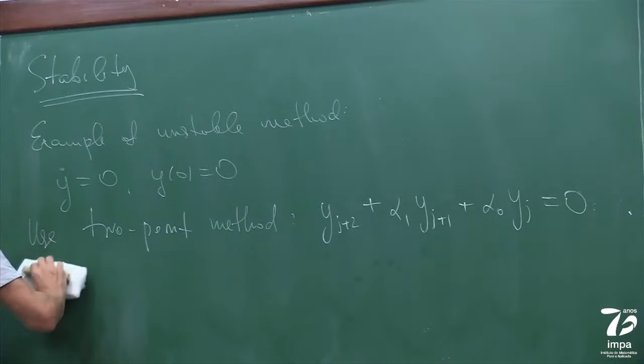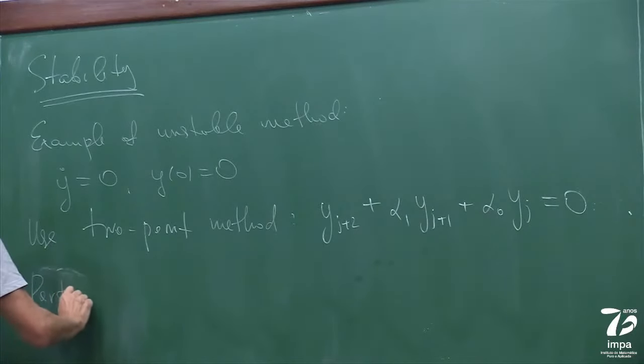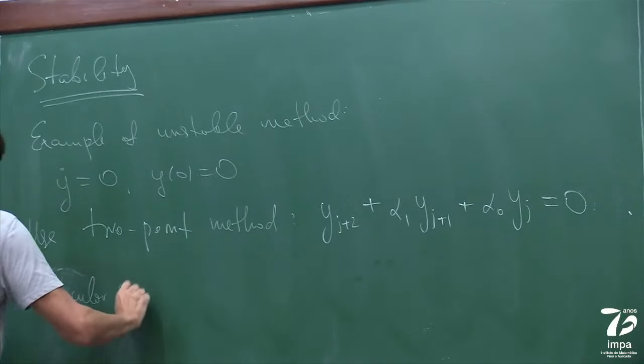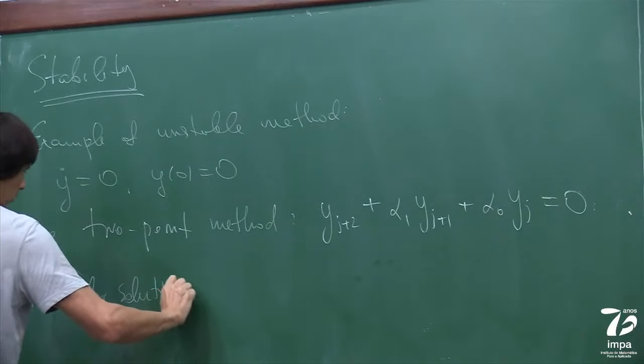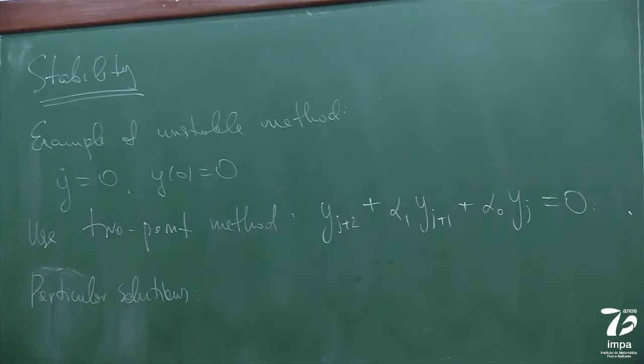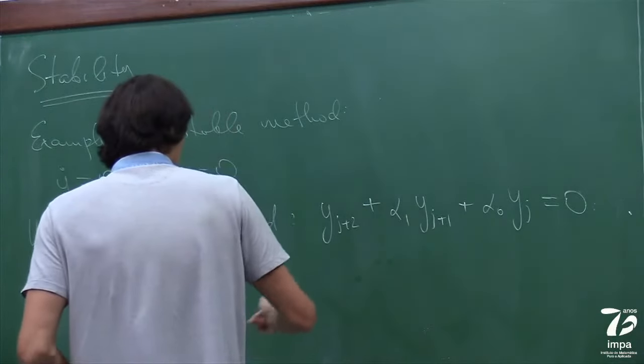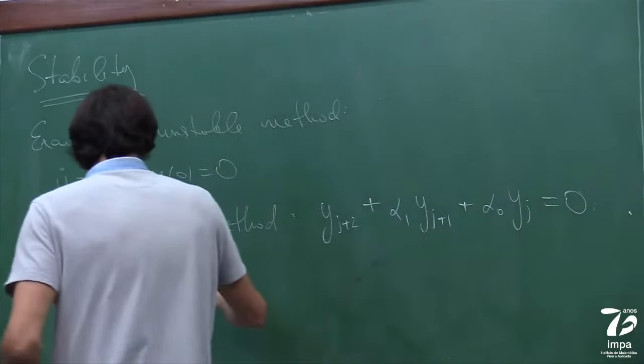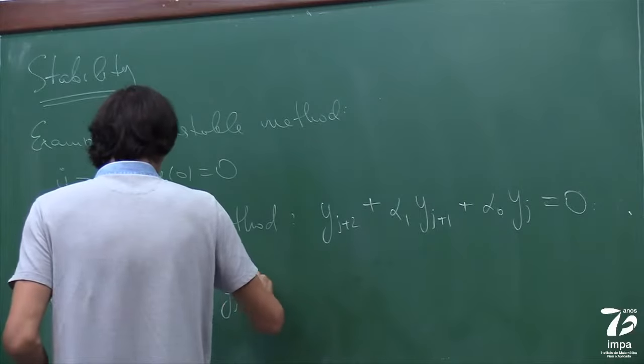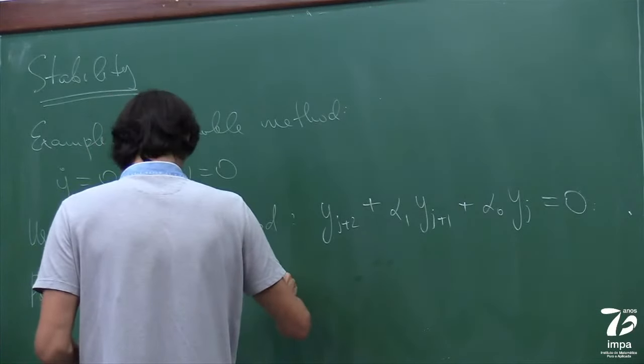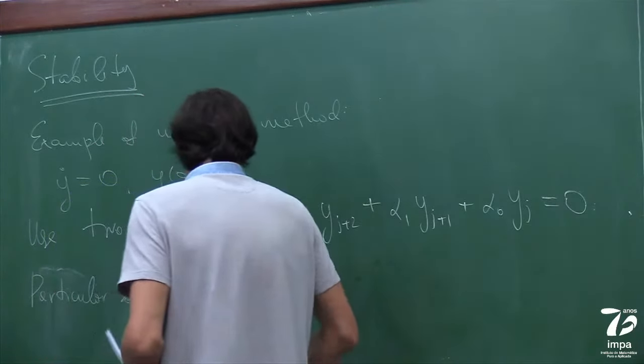We look first for a particular solution. If you ever had stability theory, you know that it's a linear equation, so a particular solution should be found in the form of a power law,